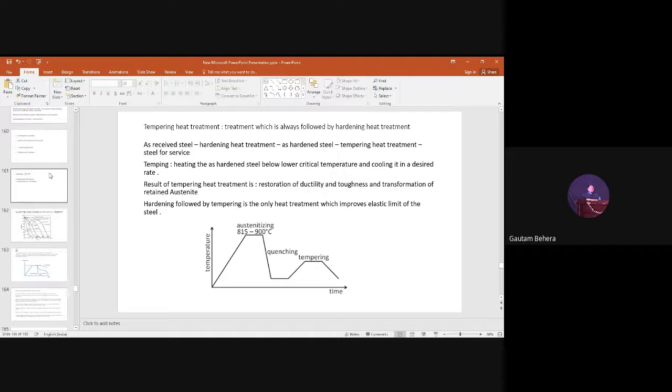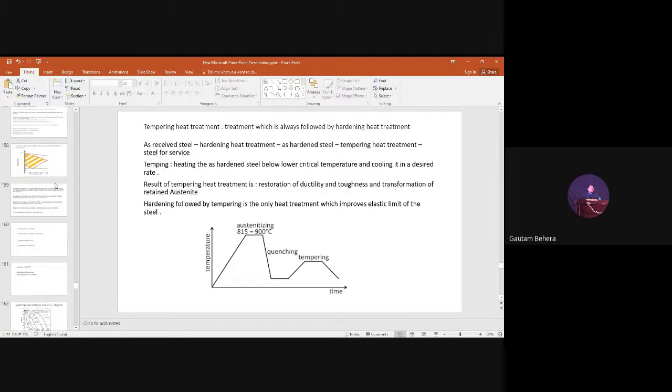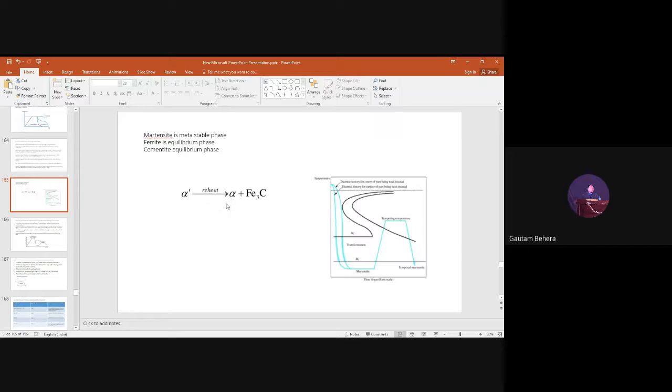Okay. Can you create this kind of structure directly from the austenitizing temperature? Suppose I give you a hypoeutectoid steel, fine, or I give you a eutectoid steel. Let it be a eutectoid steel. Can you make this kind of structure directly? Possible? Obviously, it is possible, by equilibrium cooling. Yes, it is possible. By which kind of reaction? Eutectoid reaction, obviously. Yes, sir.